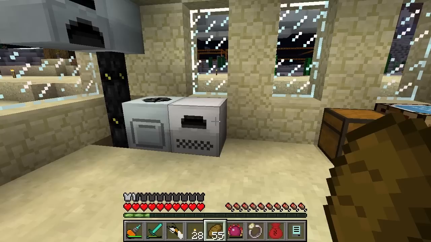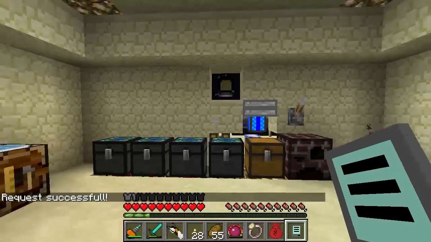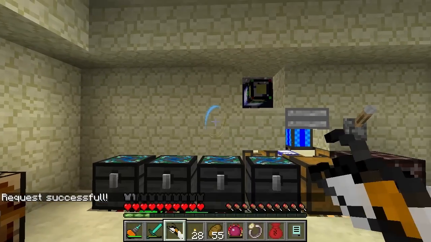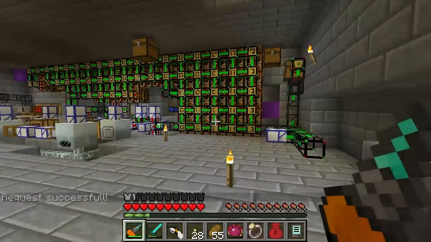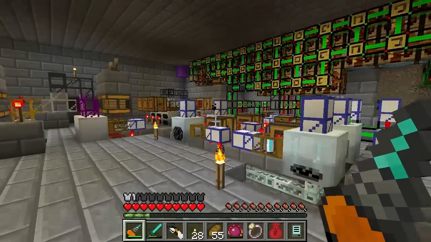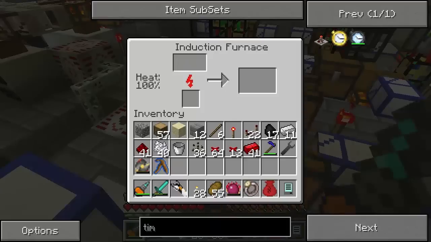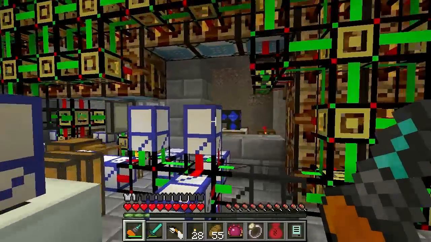So I need to get some stone. I'll request some of that. I'll request 32 of the stuff. It'll go ahead and cook itself. I might actually go to my sorting room and watch that because it's probably got some interesting stuff flying around. The system, we've got cobblestone going in, we've got stone cooking in here, we should have some coolant cells cooking themselves,